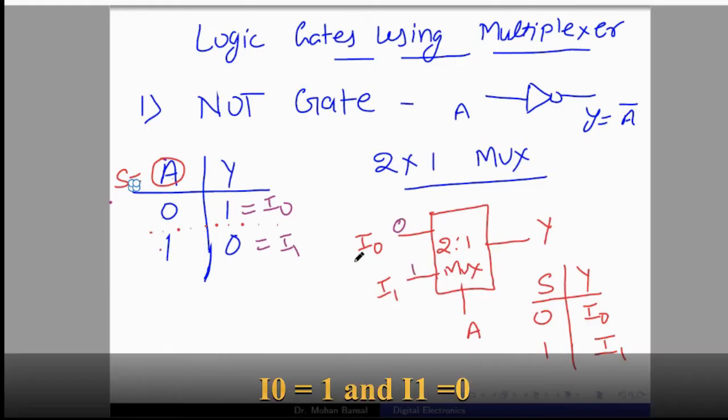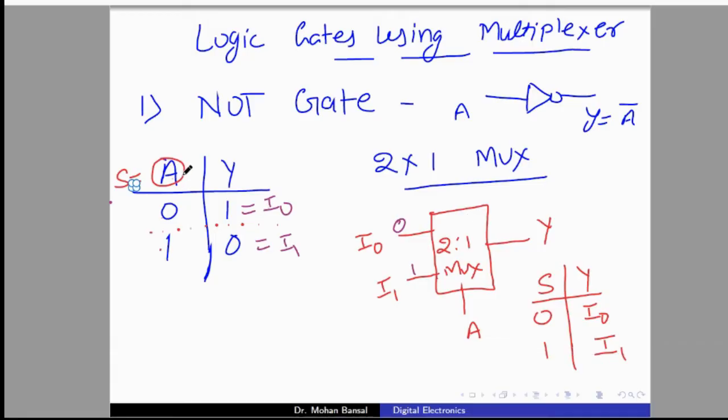So now we got all the information of this multiplexer. What is the information? Value of I0 and I1. And here A is the slack line, that is S equal to 0 is one case, S equal to 1 is another case. For S equal to 0, value of Y is I0, that is equal to 1 in the NOT gate. For S equal to 1, value of Y is equal to I1, which is equal to 0 in the NOT gate. So we will verify whether whatever we are getting here from this 2 is to 1 multiplexer is correct or not.